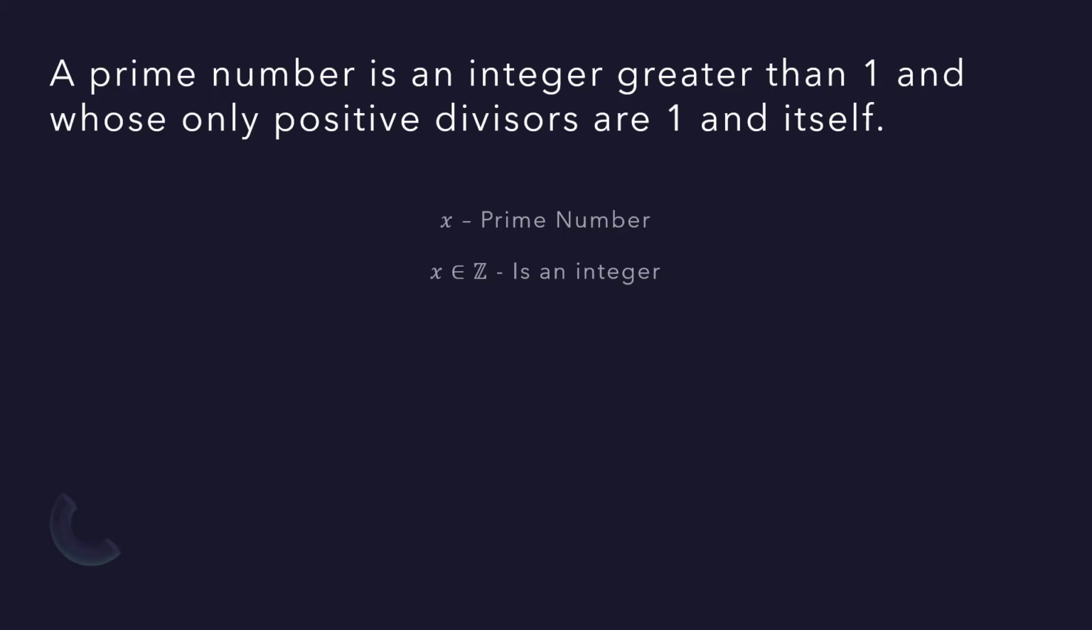Of course, since it is an integer, we need to express x as an element of the integers. Then x should be greater than 1, and a and b are the divisors of the number. So if we combine all of these phrases or expressions to form the mathematical sentence,